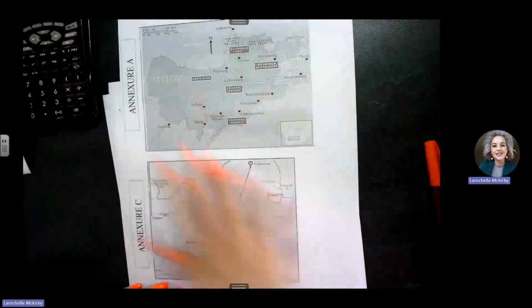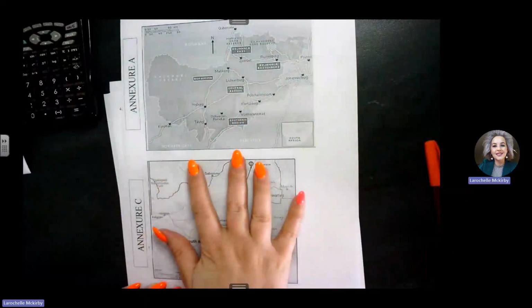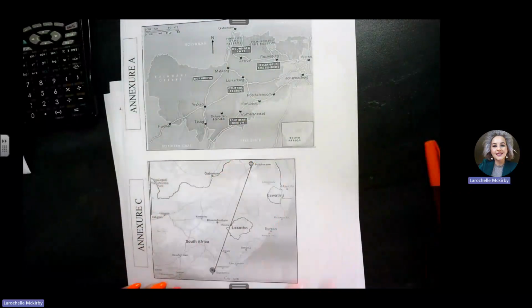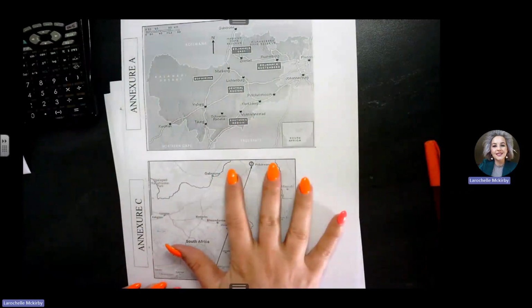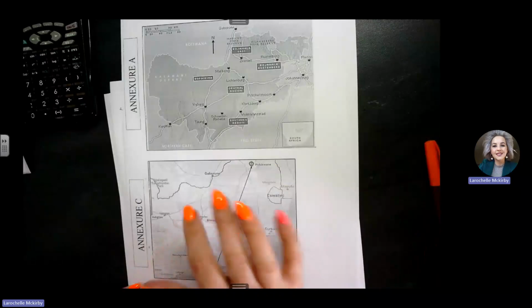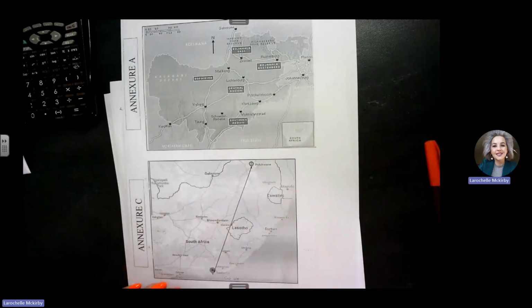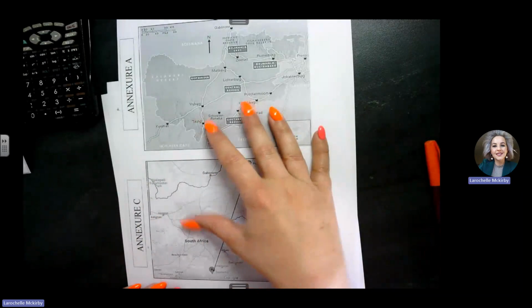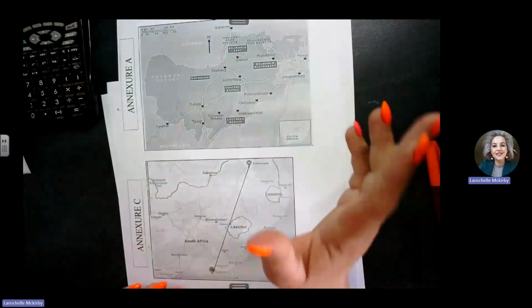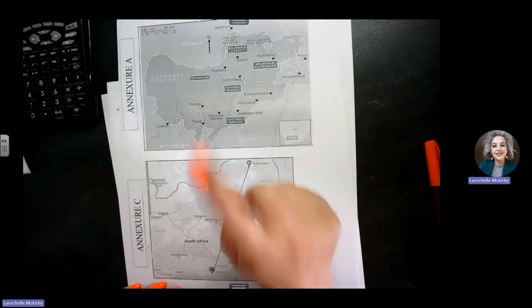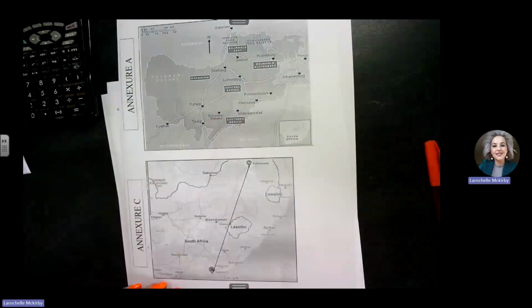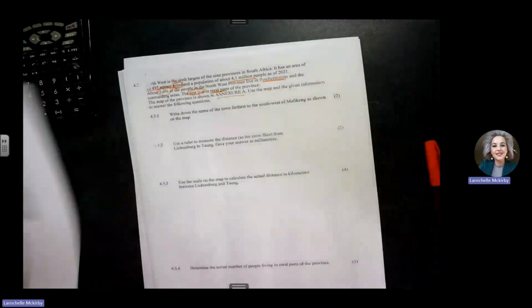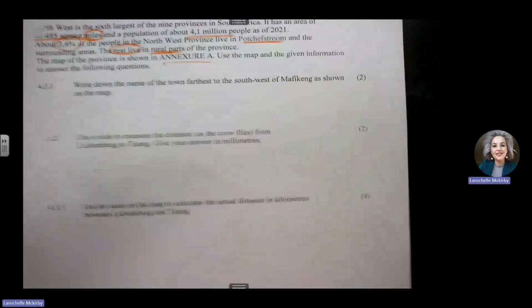Right. Okay. So mine is basically printed on an A4 page where both of these are on as it was sent to you. So if your page is like this, then our calculations with measurements will be true. If it is not printed like this, please refer to your teacher to help you with the measurements because ours will not be the same there. Okay, but let's take it when it comes there.